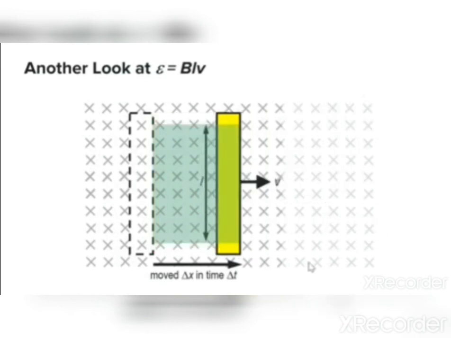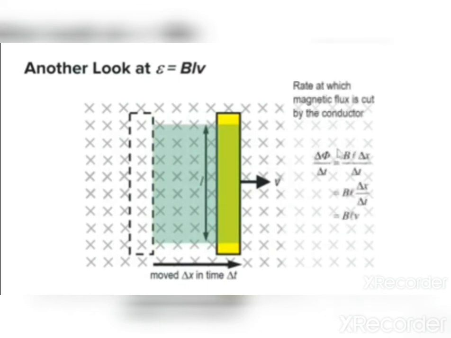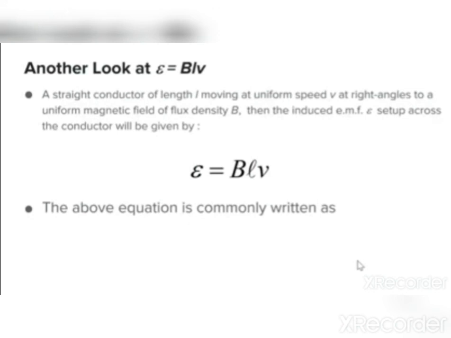The rate at which flux is cut is therefore written as the total flux cut divided by the total time taken, which is BL delta x divided by delta t. Now, we know that delta x over delta t gives us the speed v. Hence, we can write this as BLv. Therefore, the EMF induced